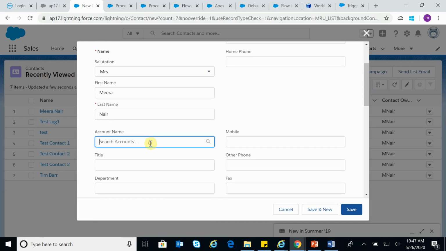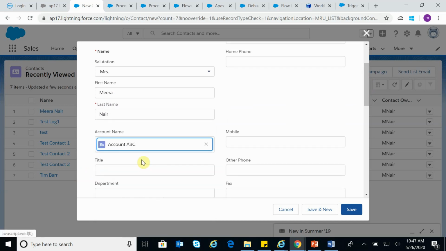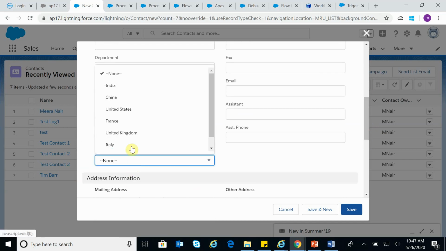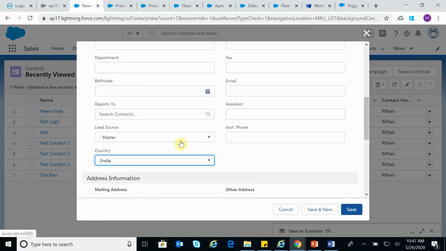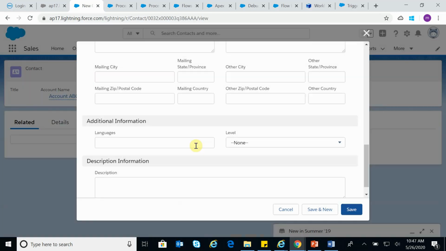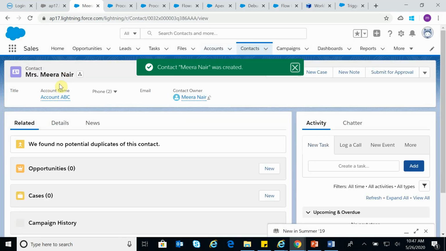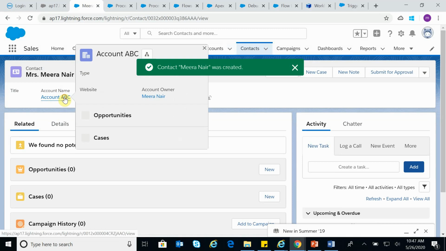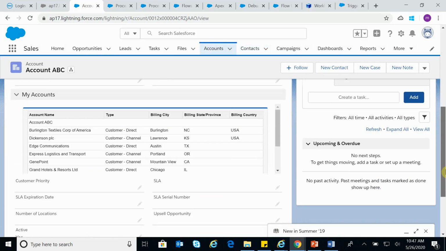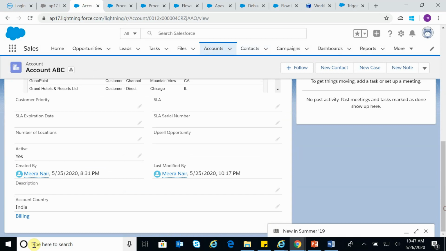Make sure you are populating the country also. And let me choose country as India. Let us save this record. Let us go to account and make sure that the account country is populated as India. Yes, you can see the account country is populated as India.